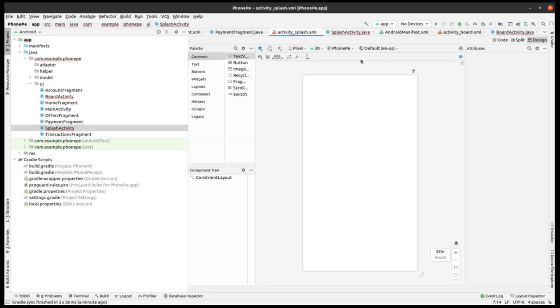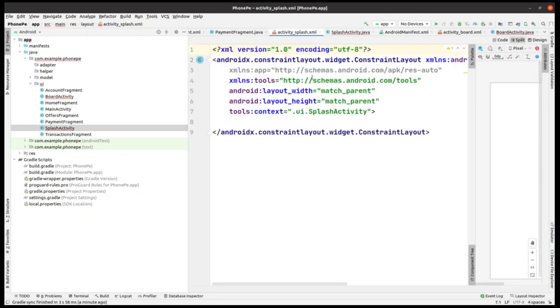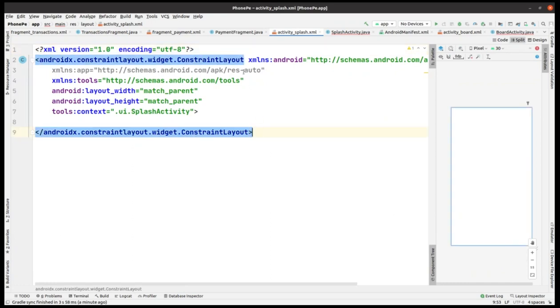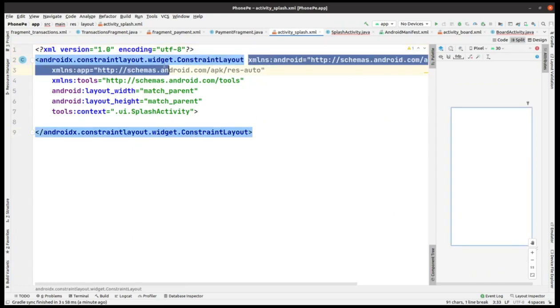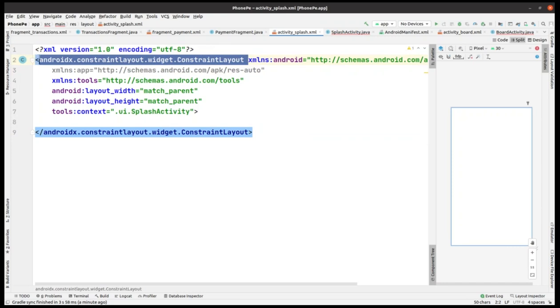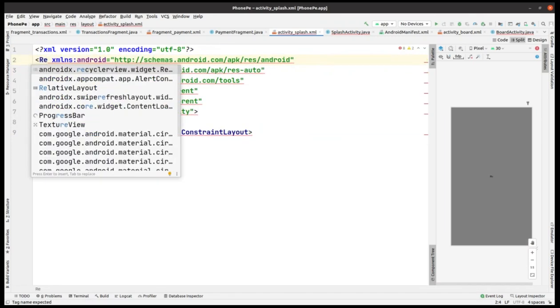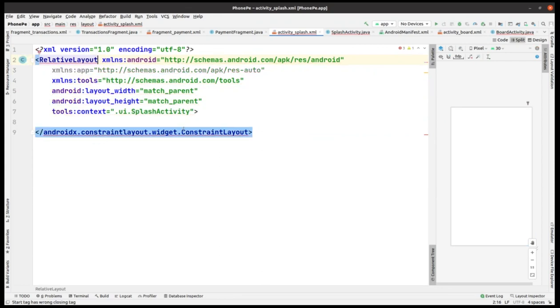So it is here, activity_splash.xml, split it, and then just minimize this, and then I have to remove this constraint layout here,